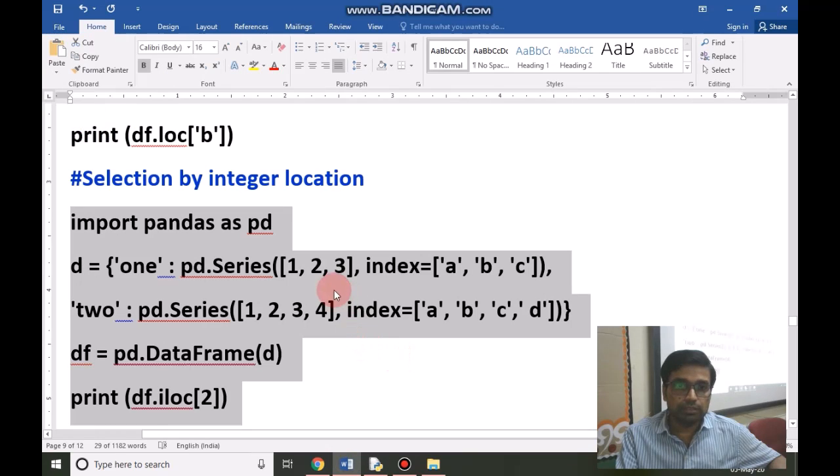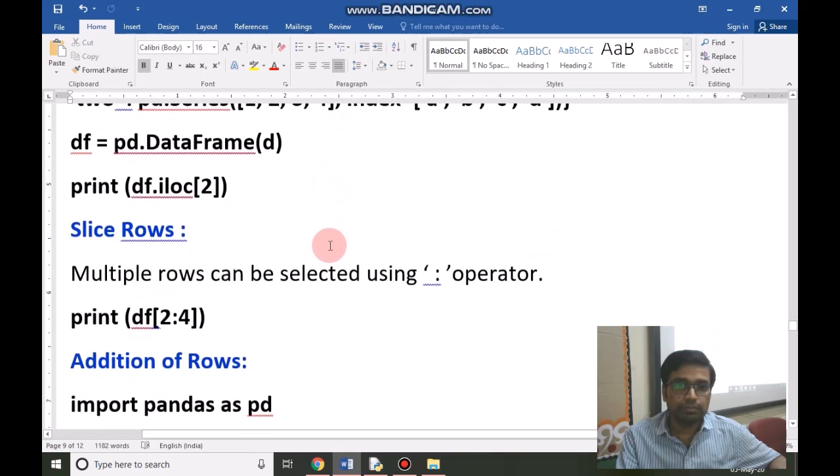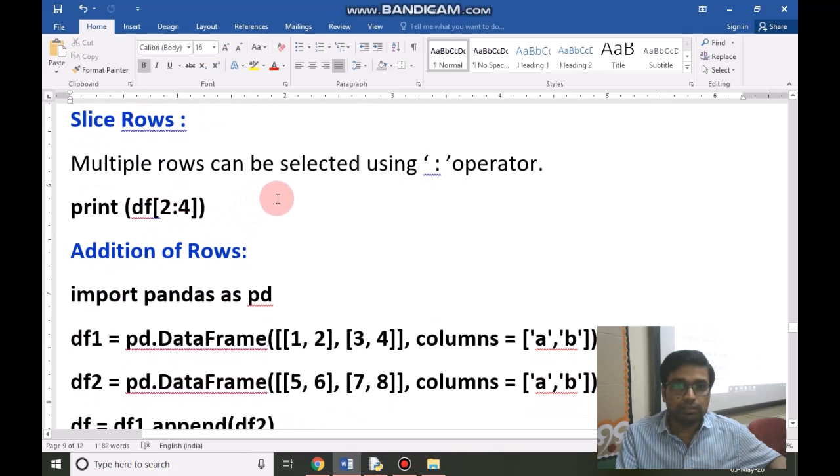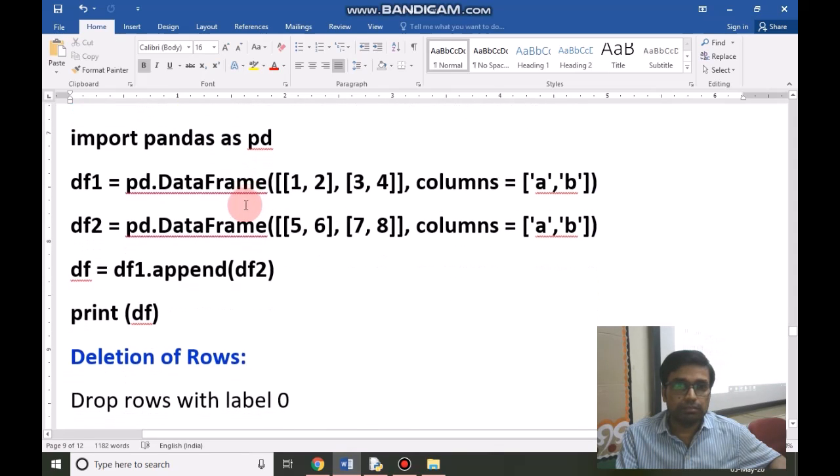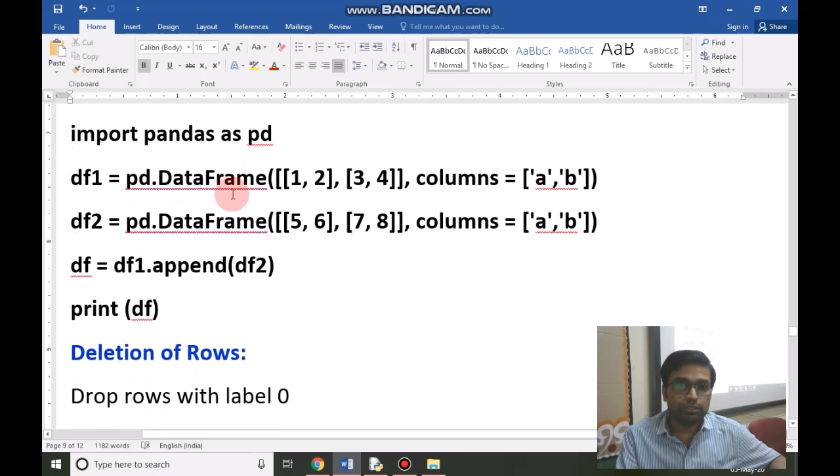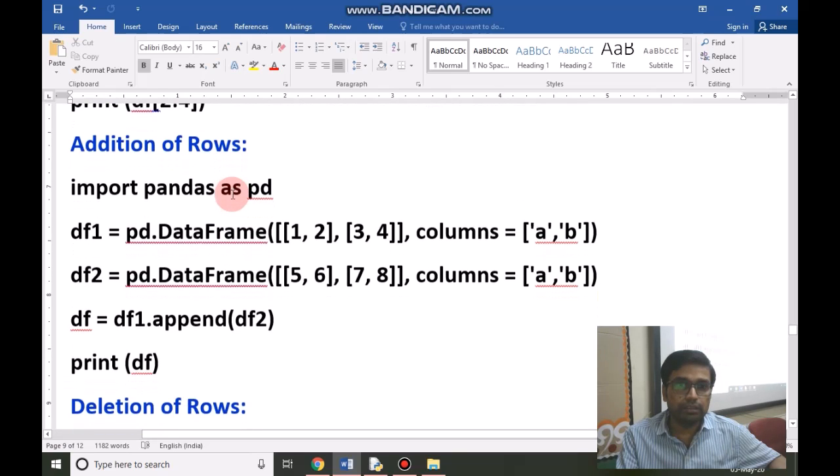The next topic is addition of rows. How to add rows in a data frame. We are looking here, there are two data frames with some values.